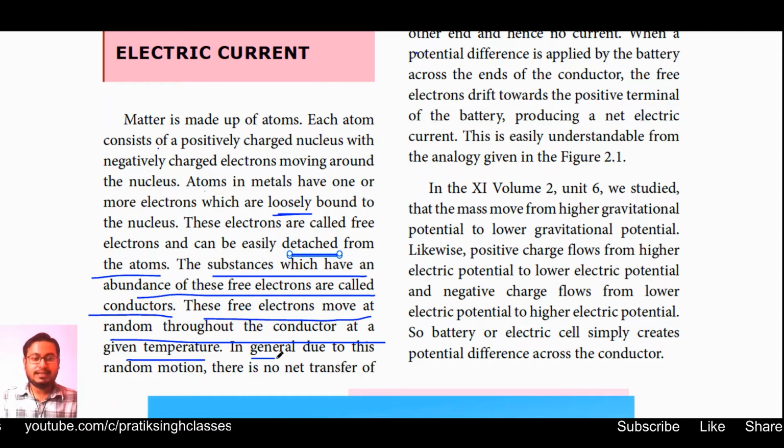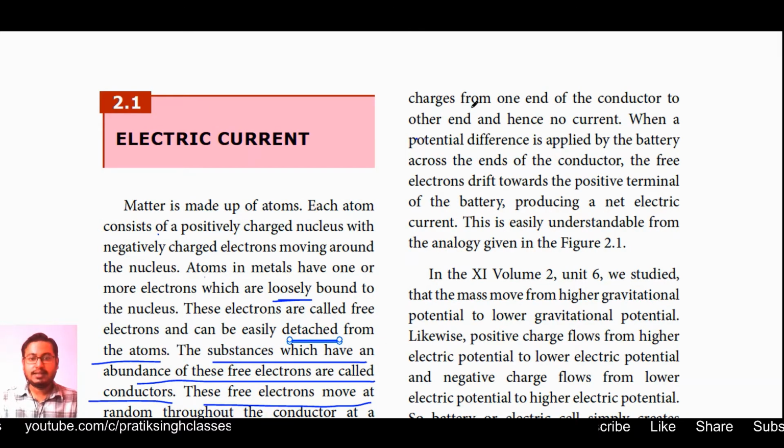Okay, so in general, due to this random motion, there is no net transfer of charges from one end of the conductor to the other end, and hence no current. What this really means is that the free electrons move in random directions. If n electrons are going in any particular direction, the same number of electrons will go in the opposite direction, in all three-dimensional regions. Because of that, the total flow of charges in any particular direction is equal to 0,